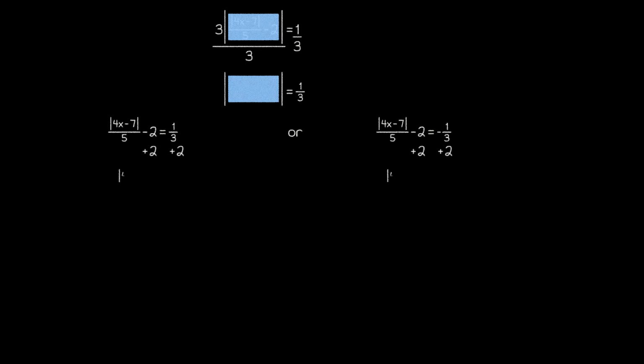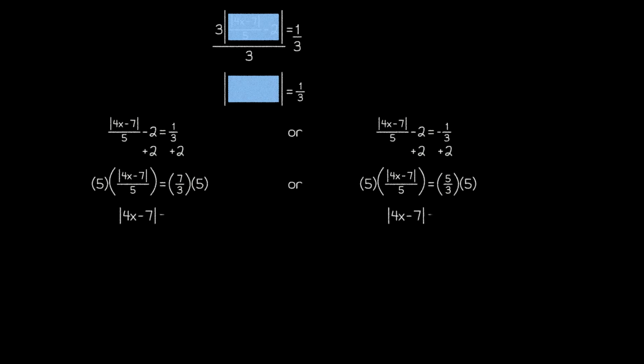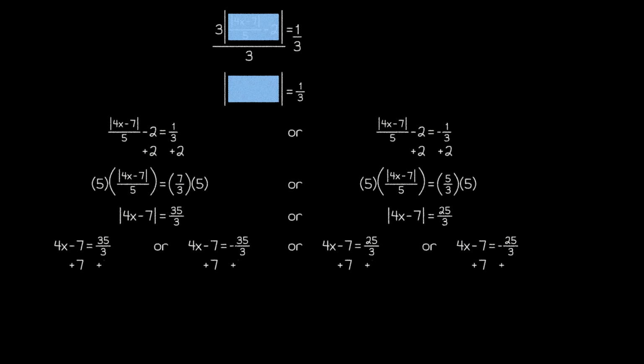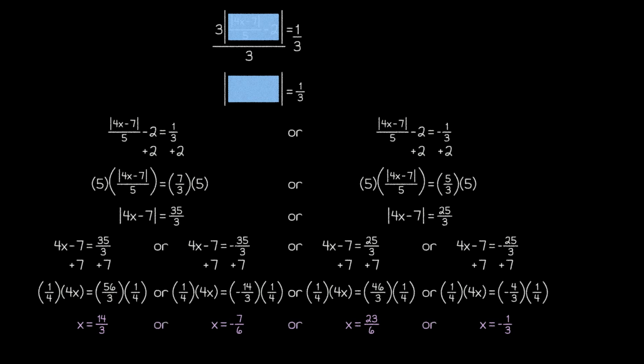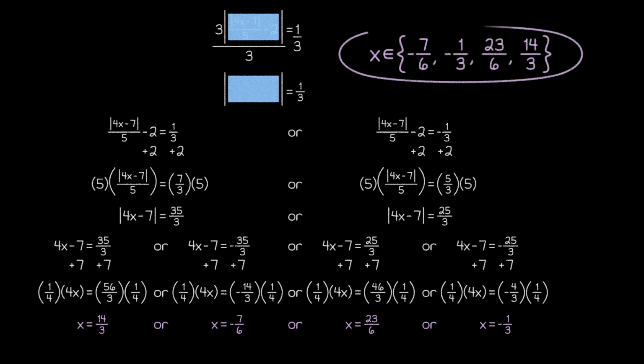Next, we need to add 2 to both sides of both equations, and similarly, multiply both sides of both equations by 5. This brings us to the second set of absolute value bars, which means that we get to split our equations into two parts again. Once we do that, we can complete the final steps of all 4 equations to find our final answers. And while we could leave our answer as it is along the bottom of the screen, a more convenient notation here might be set notation, which allows us to concisely express that x is one of these 4 numbers.